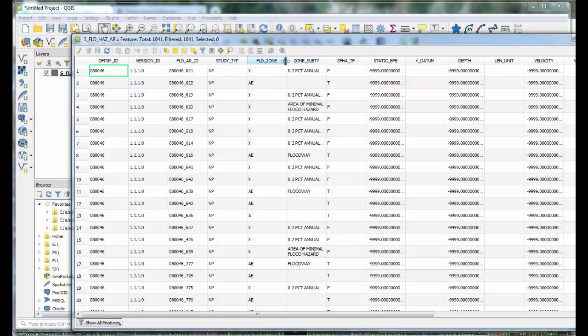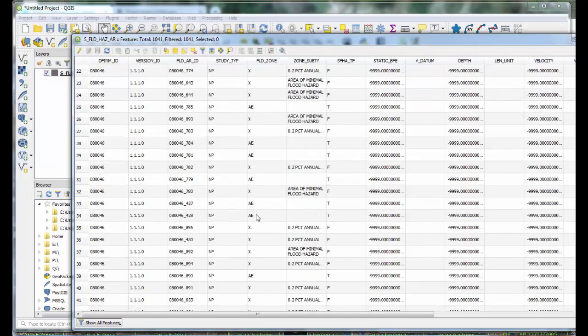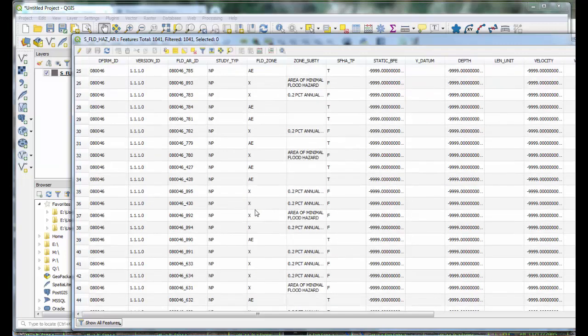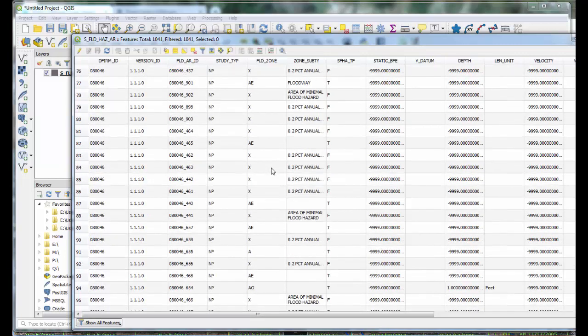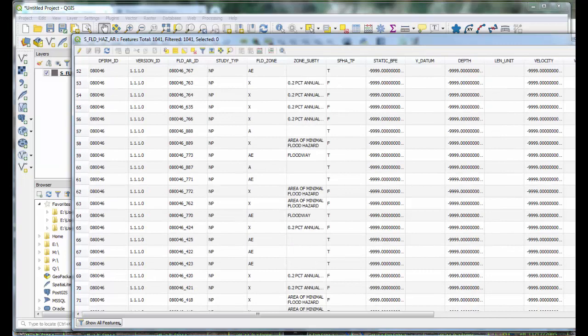So there are flood zone codes like AE, which is within the 100-year flood zones. X's are sometimes of minimal hazard. Sometimes they're in the 0.2% flood hazard zone. So what is all this stuff? This is when it's kind of useful to know